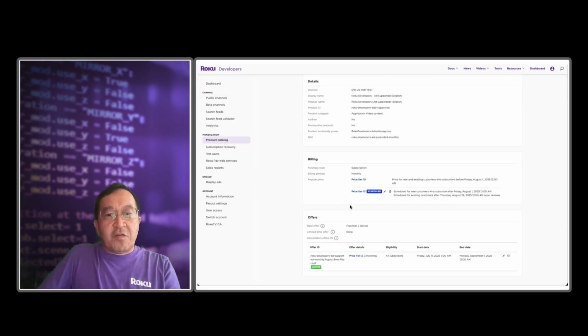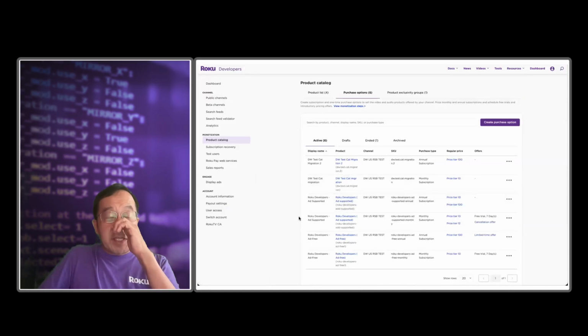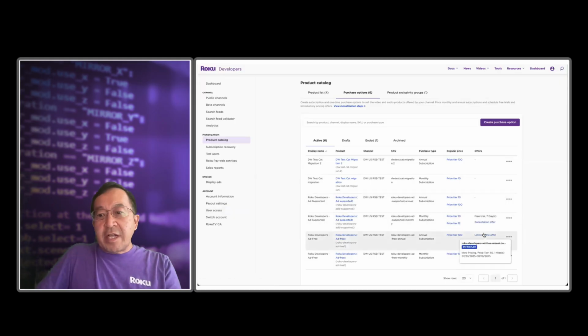Okay, so that's it for scheduled price changes. And there is a note that for price decreases, it takes effect immediately for both new and existing customers. Now we are going to talk about cancellation offer, which is a new feature in Catalog 2.0. You can create a cancellation offer to give a discount on a product to retain a user who wanted to cancel a subscription. To do this, click on